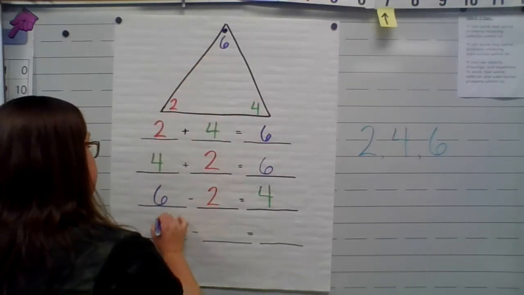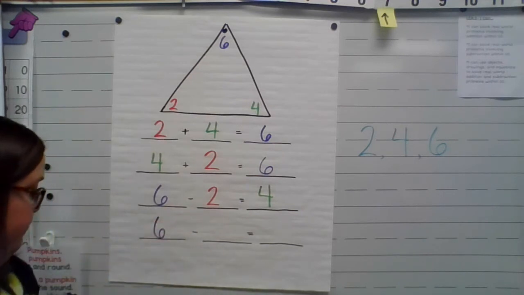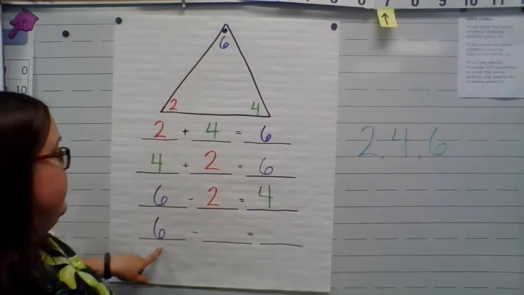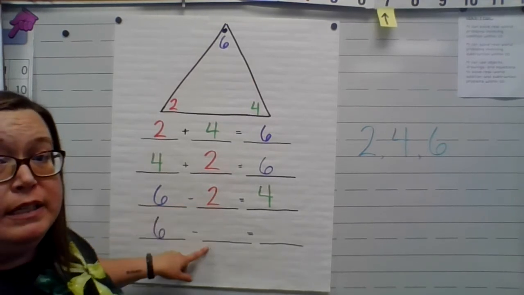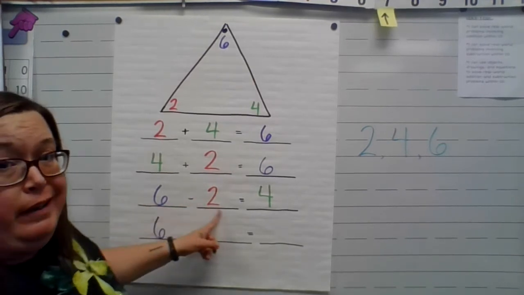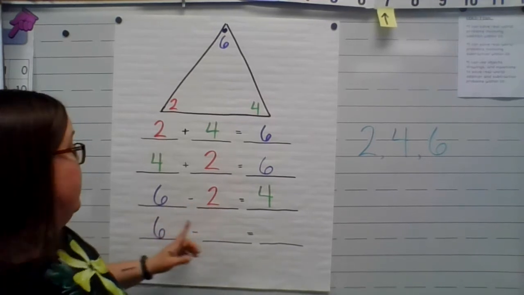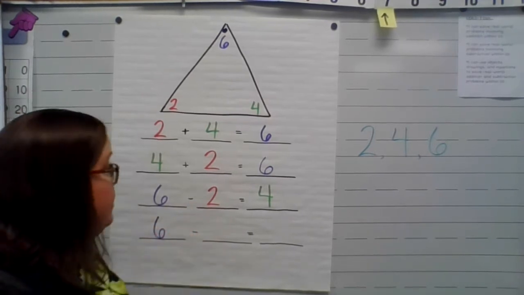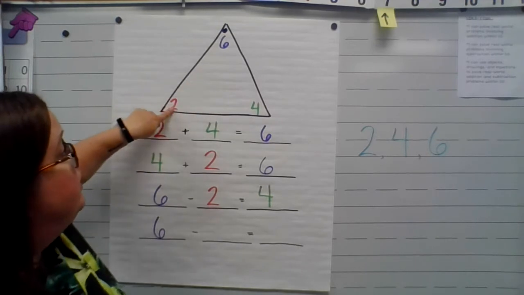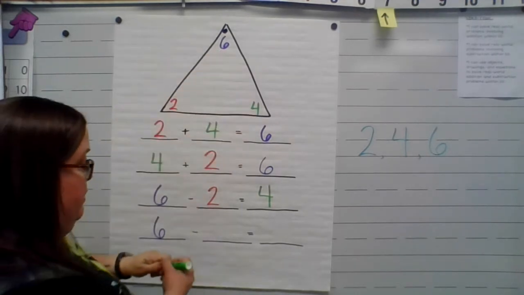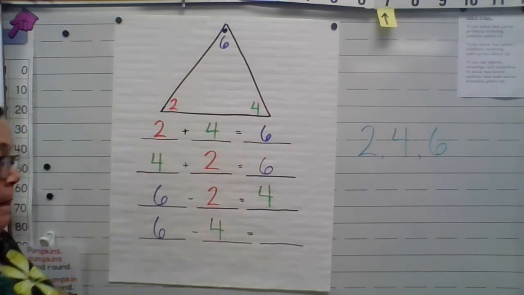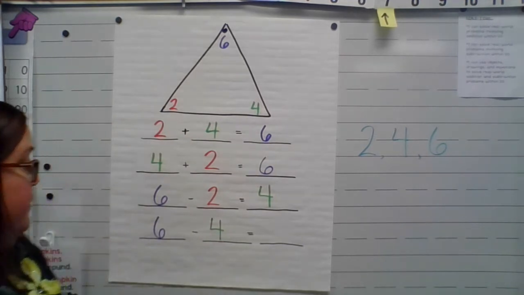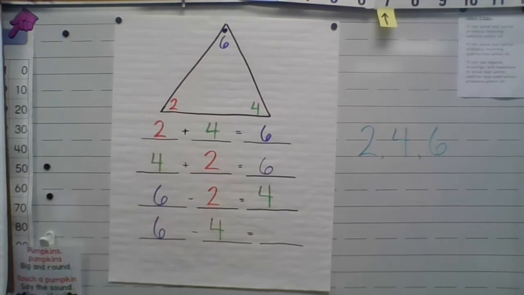So 6, excuse me, 6 minus, well, we can't use 2 next because that would be the same. And we need two different subtraction problems. So we can't have 6 minus 2. So instead of 6 minus 2, we'll have to use 6 minus 4. Okay? 6 minus 4 equals, well,